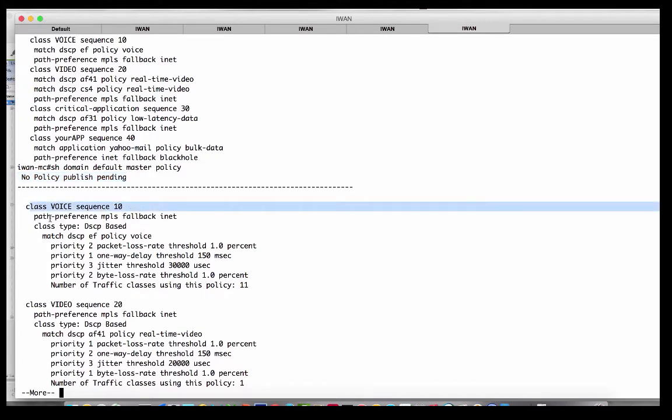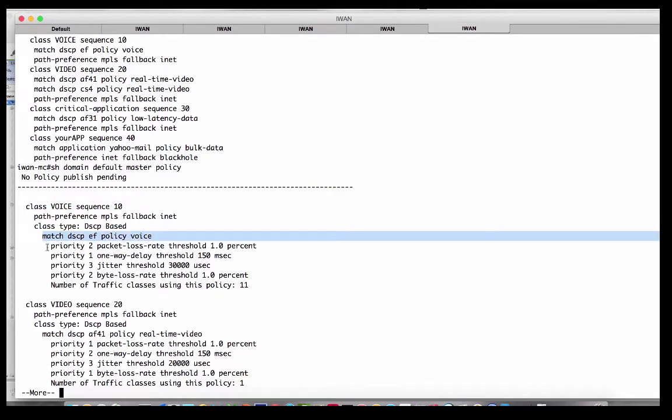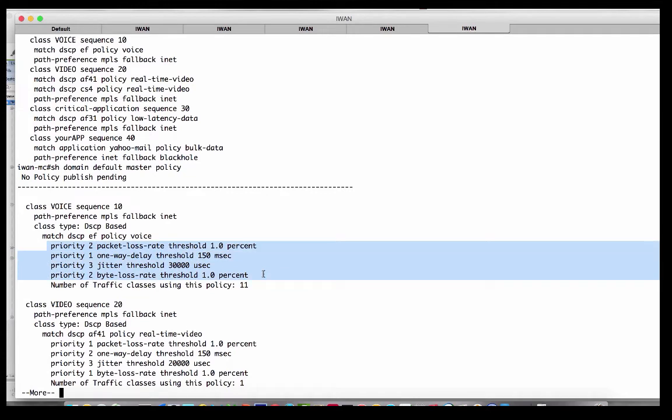Class voice, now you already saw class voice was match DSCP-EF and make it policy voice. So did you notice this? No, this was not in there. This was not something that I had to configure the PfR master controller with. This is actually already in the Cisco CVD for the IWAN. If you look at the CVD for the IWAN for the January 2015, you'll notice I believe it's on page 182. I'd love to go grab my book right now, but it's over there, which actually already has in it,